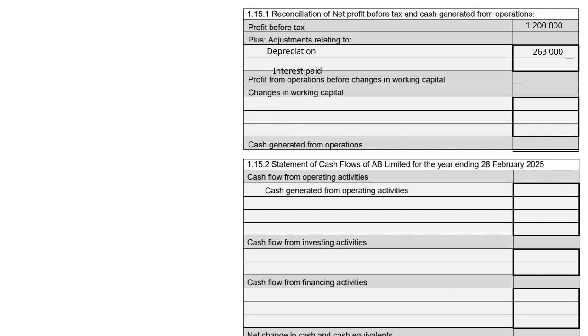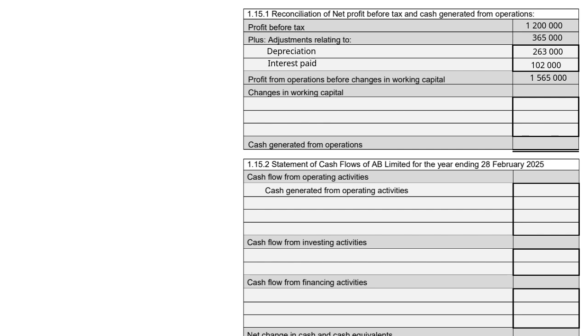Also our interest paid, and that amount is 102,000. So if we add those two amounts together, our adjustments is then 365,000. If we add that to profit before tax, then our profit from operations before changes in working capital amounts